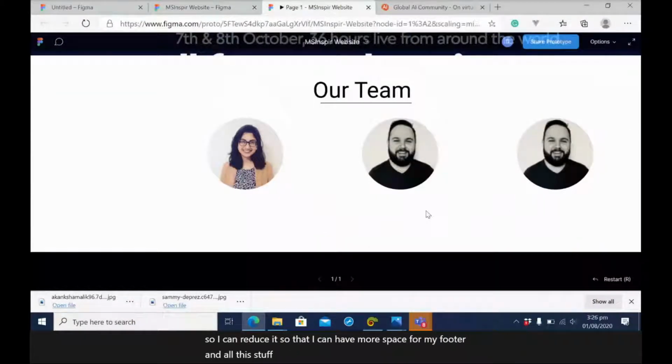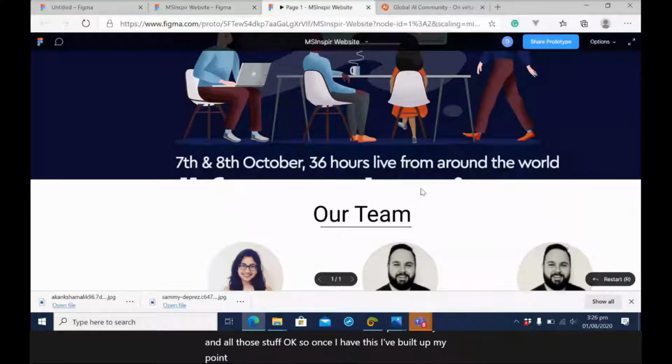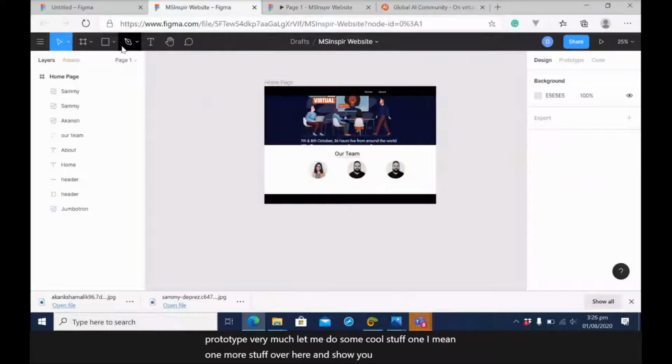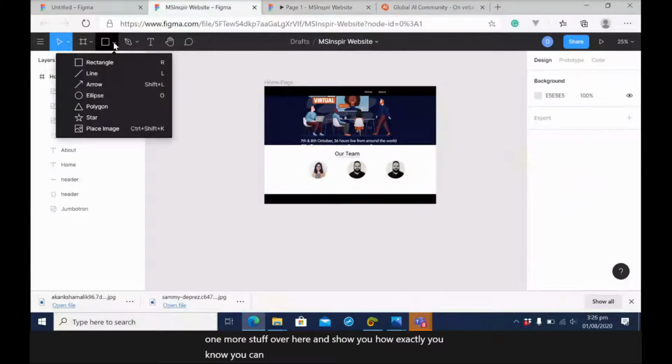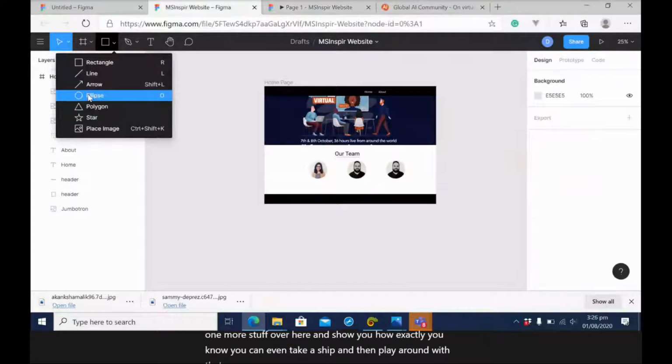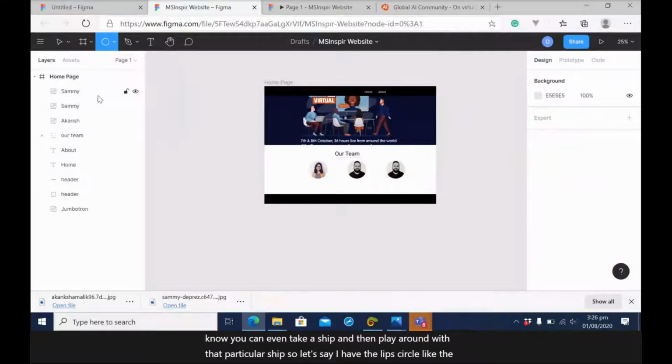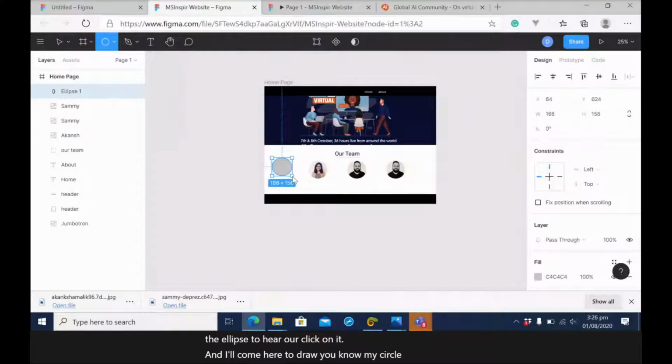Okay. So once I have this, I've built up my prototype very much. Let me do some cool stuff, one more stuff over here, and show you how exactly you can even take a shape and play around with that particular shape. So let's say I have the ellipse tool here. I'll click on it and come here to draw my circle. Now this is actually what I did with the MSInspir logo I was trying out. So I grabbed that particular logo. I grabbed just a circle too,